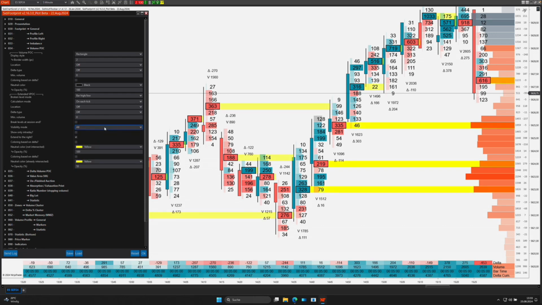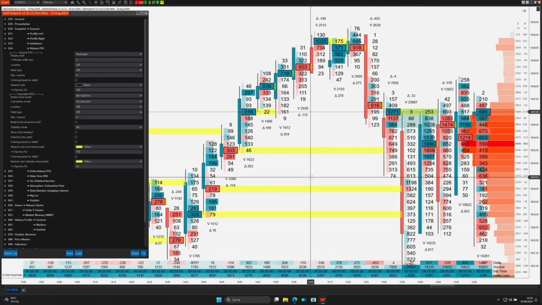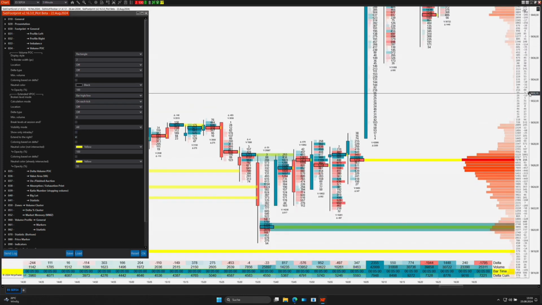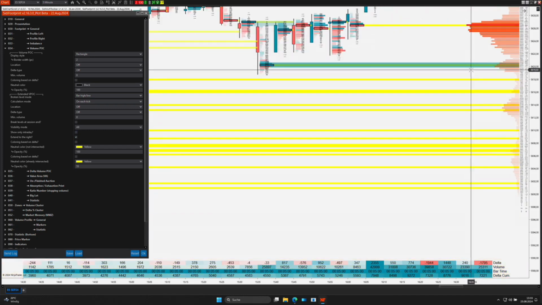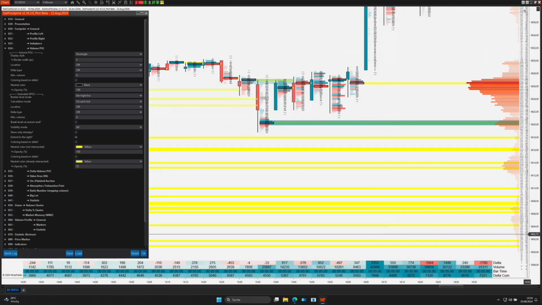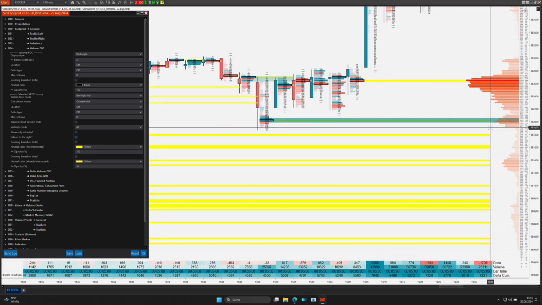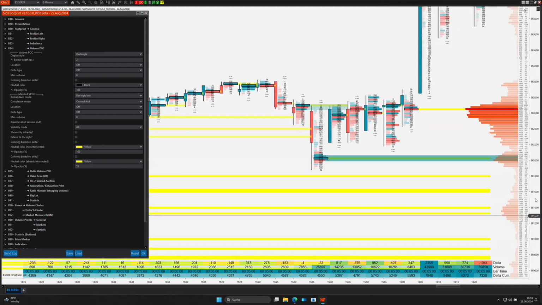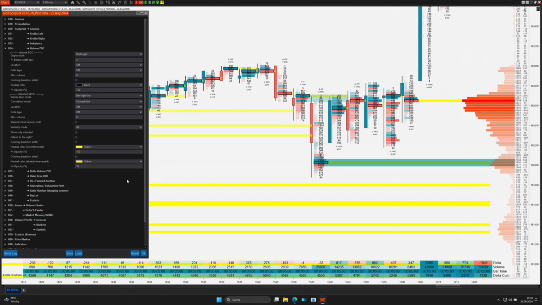Also very helpful is the whole extend right. As soon as we activate this once, we have the option to drag the whole thing to the right or not. I'll try to find an example where it's a bit clearer. Here you open up to the right edge, and if I switch the whole thing off, it always ends with the last bar. So that isn't bad either, to show it a bit differently here graphically.